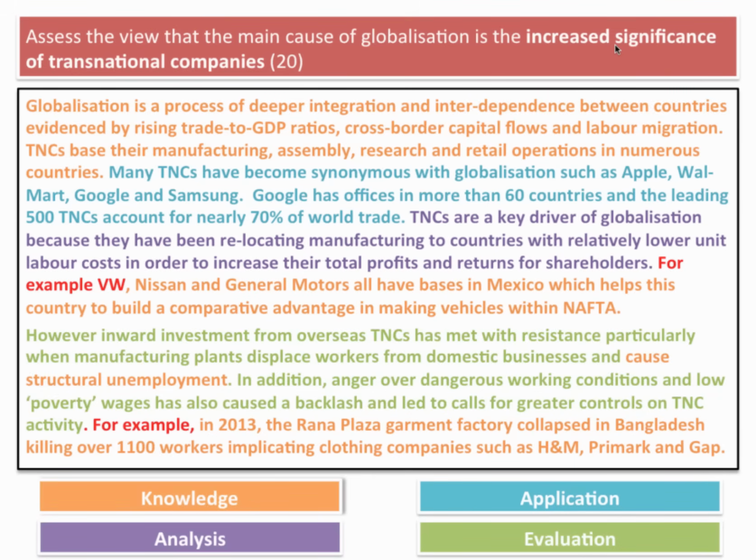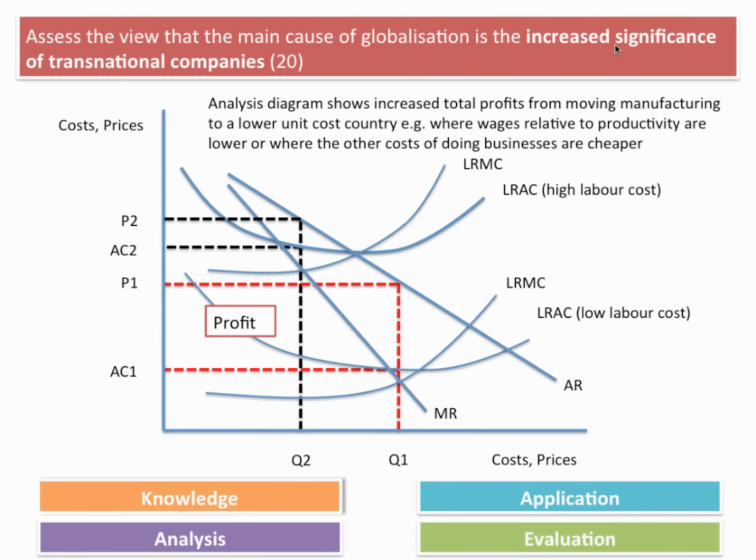Can you see what I'm trying to do here? This is 2 paragraphs, by the way. It's not 1 paragraph. The second paragraph starts with the green. I'm defining my term. I'm using good examples. I'm putting a little bit of theory in. That gets me my analysis. And then I'm saying, well, actually, on the other hand, TNCs are not necessarily the main driver of globalization. And I'm evaluating. And you do this again. It's like tiling a bathroom. Okay, one tile on top of each other, and you just build the tiles. By the way, I don't tile my bathroom very often, but I do this in exams.